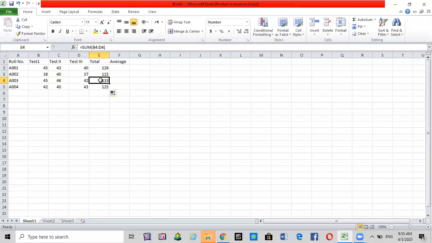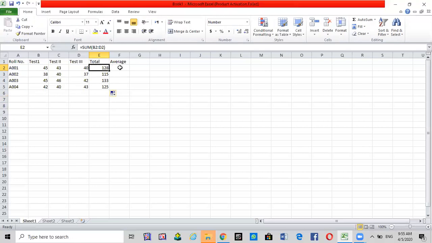Similarly, it will be adjusted accordingly for student A003. So it's very easy to find out the total of any numbers by using the auto sum feature.